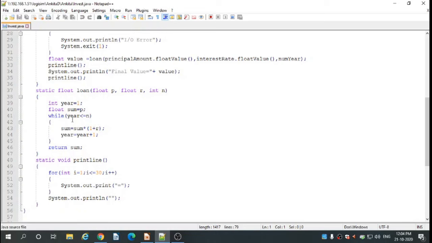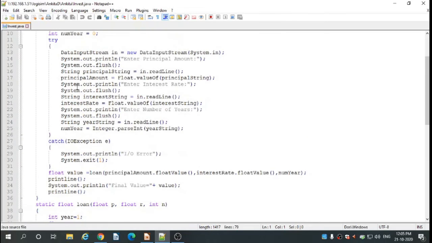Inside the while loop, it is checking the condition year is less than or equal to n. If it is true, then it will execute sum = sum * (1 + r), year = year + 1. This is the calculation for interest. It is going to calculate and it returns the value to the main method.